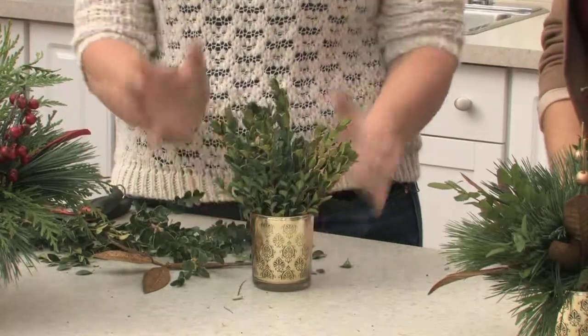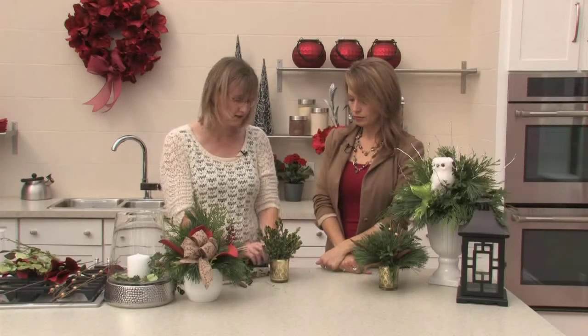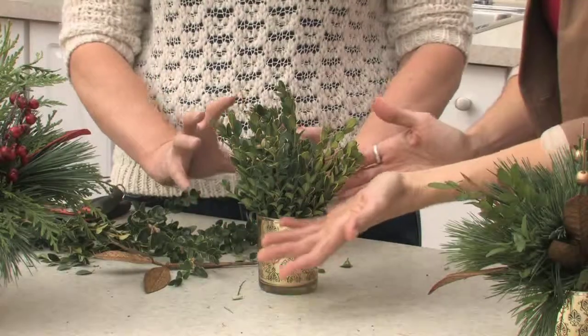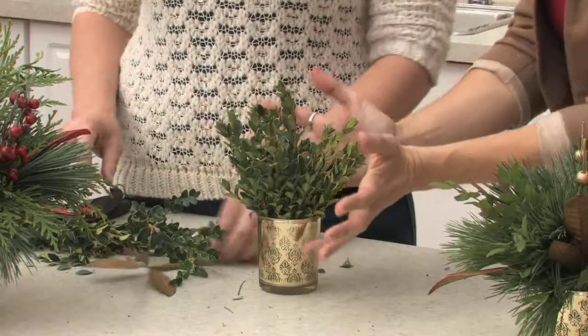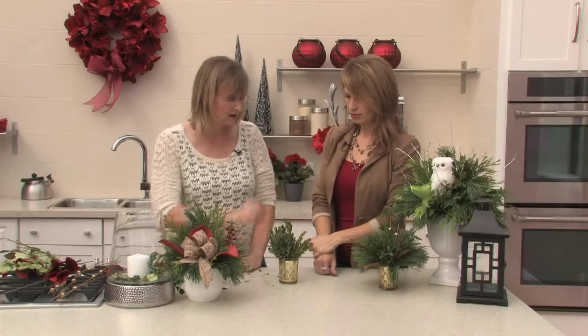And then you can just leave it simple as just boxwood. Just rule of thumb, make sure that you fill it in enough so you don't see any of the greens. With more time, yeah, you would really fill this in and make it just this cute little one. And you can just leave it simple like that and have a bunch of those